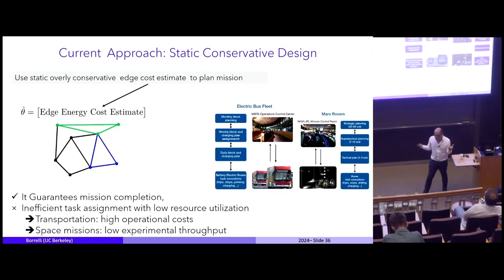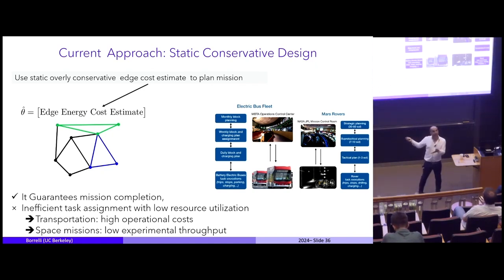So, how is it done today? Every good engineer will design it in this way, and it is done in this way. You overestimate energy on each edge, and you solve a mission plan at high level. Because you have overestimated energy, the low level will be able to deliver that mission. So, it's as simple as that. It guarantees mission completion. However,